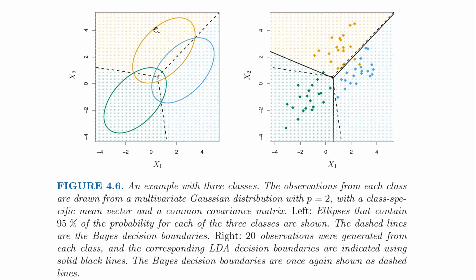And we're seeing that over here. As always, the book has more information than you would really have in real life. And what do I mean by that? The book knows the true mean of each class, mu green, mu orange, mu blue, and it also knows the true